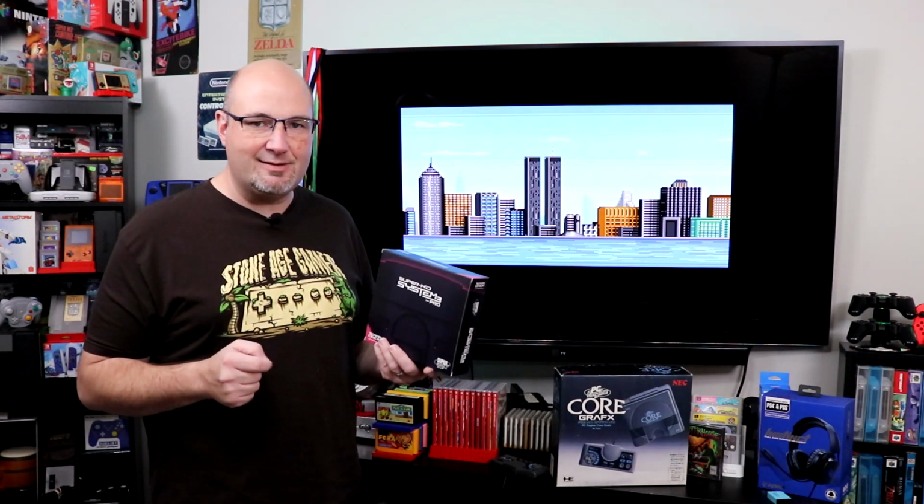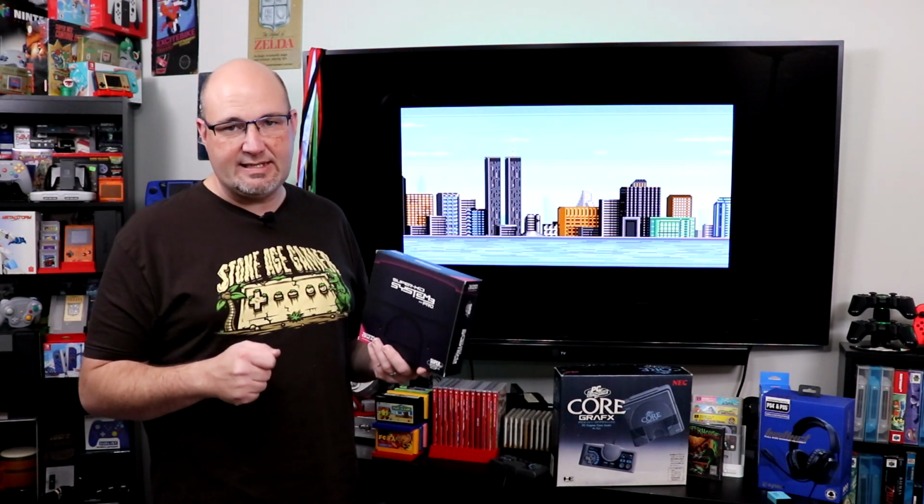The micro SD card slot is really recessed into the side of the unit. I'd like to see that kicked out a little bit more, or have the eject mechanism be able to push the micro SD card out just a little bit more. Above and beyond that,